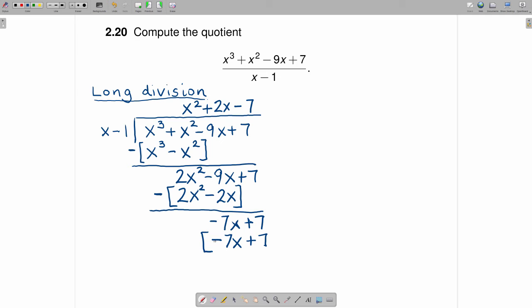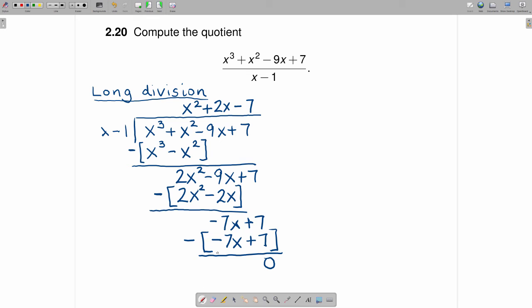And once again, when you subtract that, you get negative 7x minus negative 7x, which is 0, and you get 7 minus 7, which is also 0. So here you have no remainder. It divides evenly. So the answer to the question is this quotient right here is the numerator divided by the